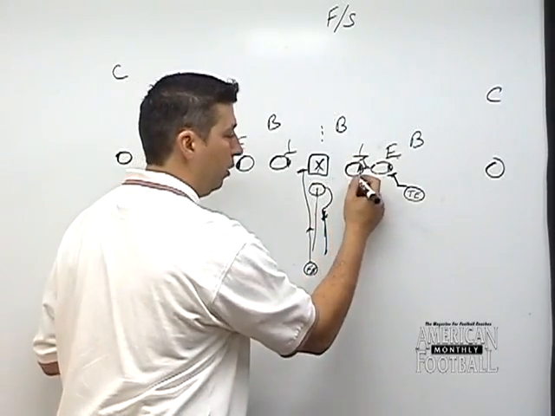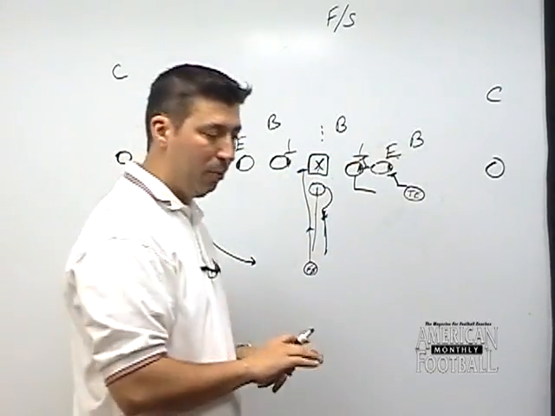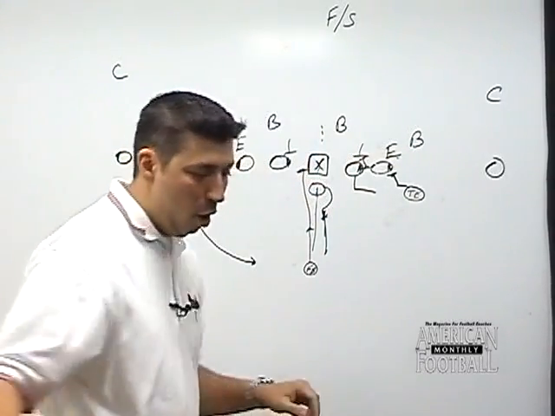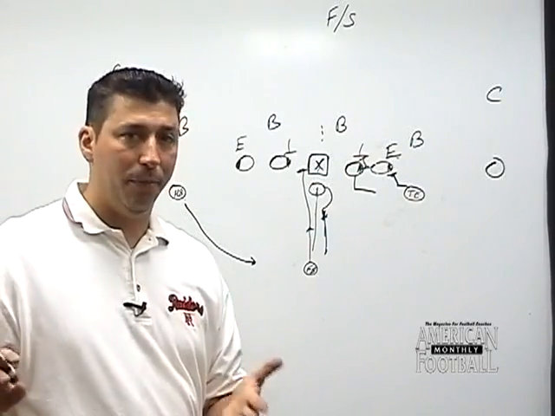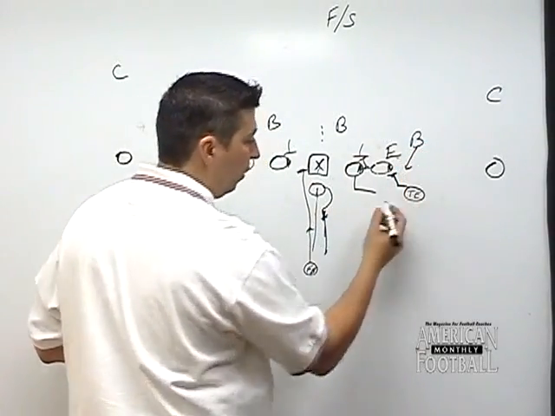Play side guard is going to look to block the first man past the tackle. His step is going to be a nice 45-degree angle step, open nice and big, get nice and deep is what we want. Because if this outside linebacker decides to come up, his job